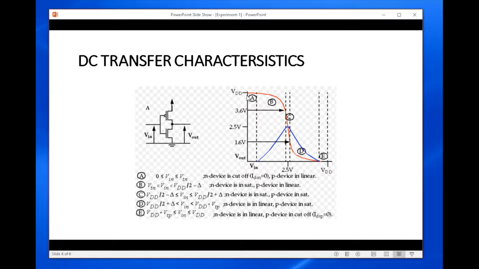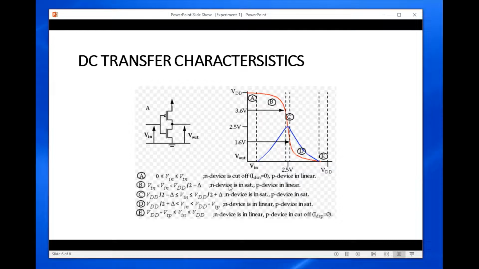All of this transfer characteristic can be divided into several regions. When V input is less than the threshold voltage of NMOS, NMOS is in cutoff and PMOS is in linear region, and the output is very close to VDD.